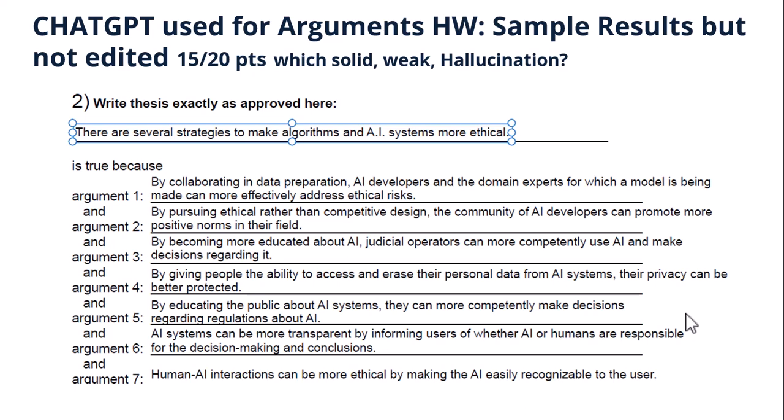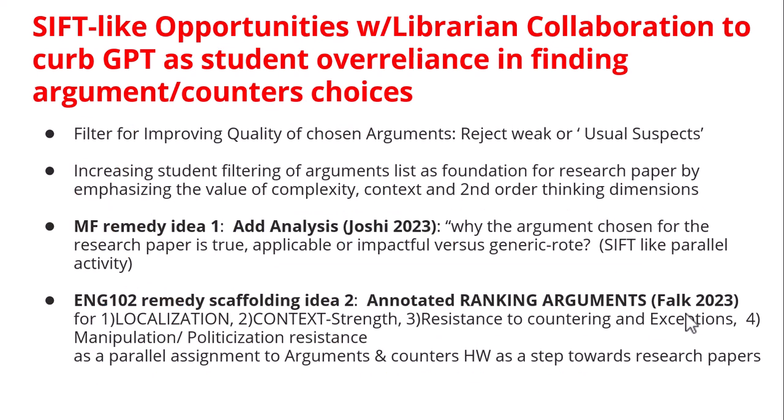So what I'm seeing is the possibility of SIF-like opportunities with librarian collaboration to curb GPT over-reliance. I'm not saying GPT will be banned because the results were not terrible. There were some hallucinations, and there certainly is a mix of both good, bad, weak, and out-of-context arguments. But I do think there's an opportunity for collaboration, similar to